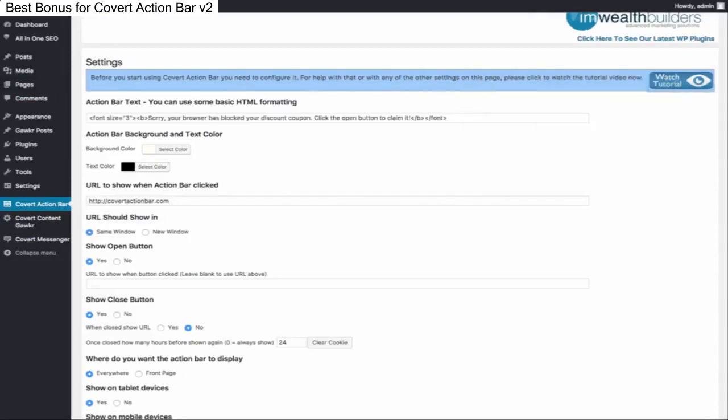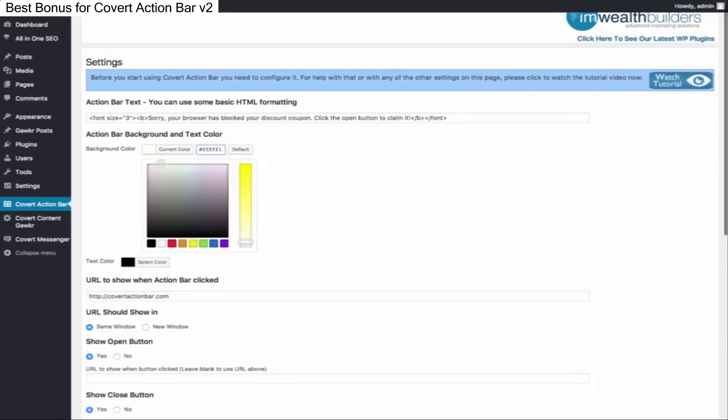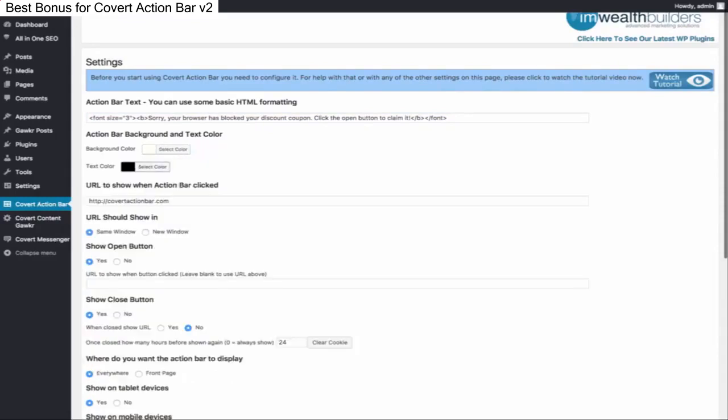The other settings in here: you can put the text for your bar ad. Of course, what CovertActionBar 2.0 does is that it mimics these pop-up blockers and puts up an ad that looks like the pop-up blockers, and you put the text you want on here. As you can see, you can use simple HTML in here, such as bold the text and set the font size and whatever. It's also very easy for you to change the background color of the bar to whatever color you want. You can use hex code here, you use our color selection tool,